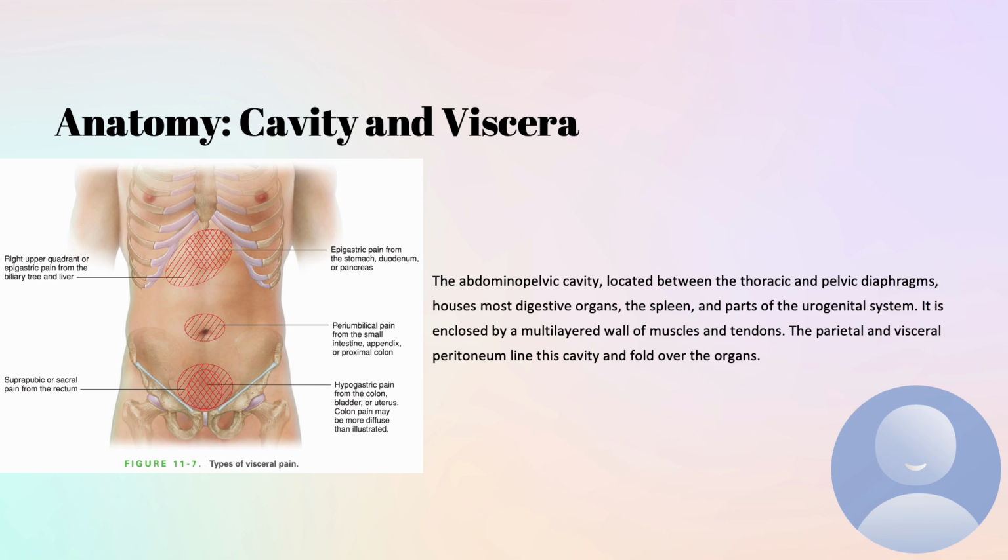If it's located hypogastrically, then it's going to be localized to the hindgut derivatives such as the colon, the descending colon, the distal one-third of the transverse colon, etc. Or it could be from the urogenital structures such as the bladder, and among females, it could be localized to the uterus.